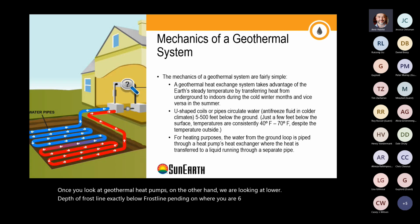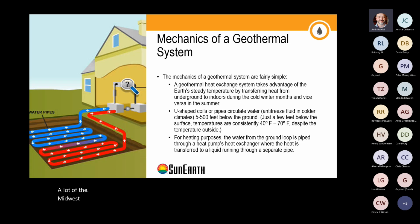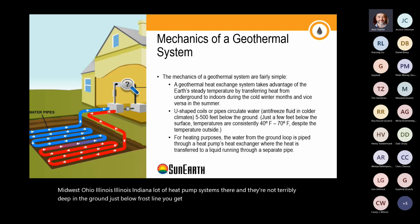A lot of the Midwest, Ohio, Illinois, Indiana, a lot of heat pump systems there, and they're not terribly deep in the ground, just below frost line. You get up high, up in Dakotas and Minnesota, Wisconsin, they may be a little deeper just to have heat